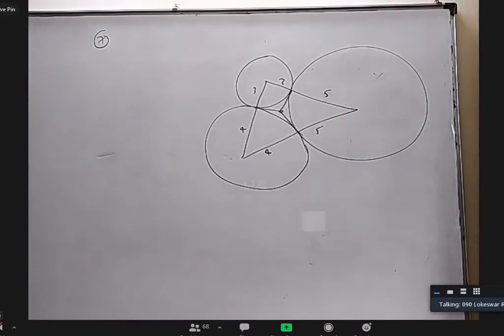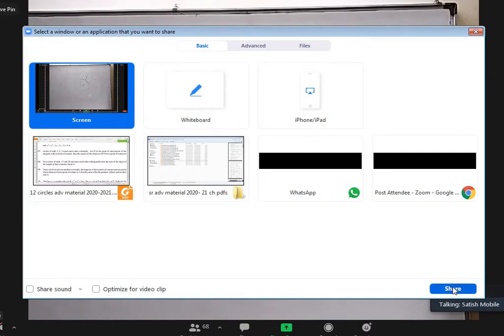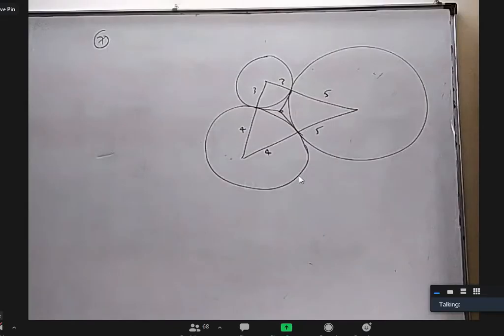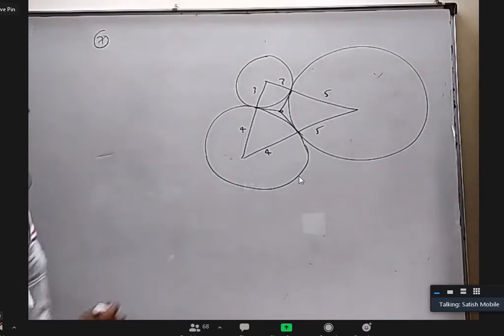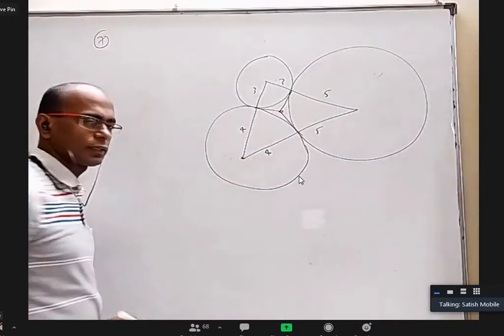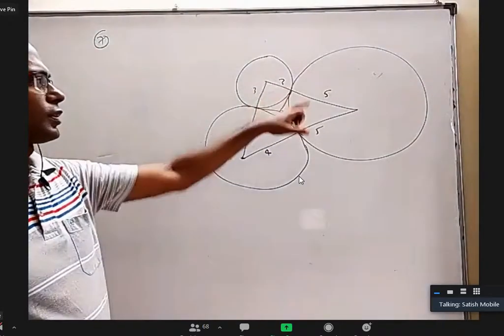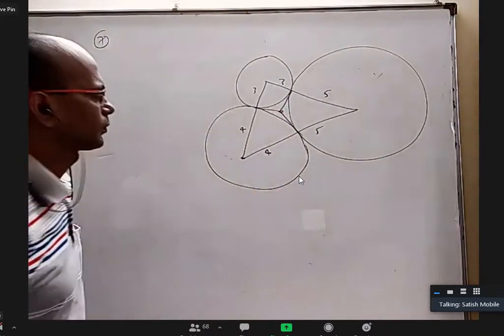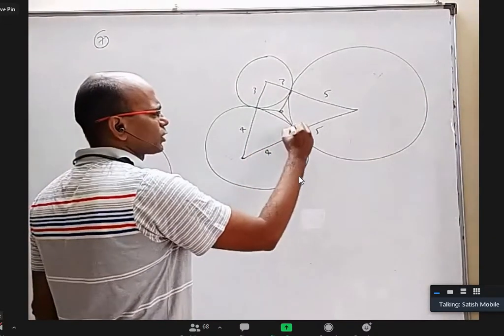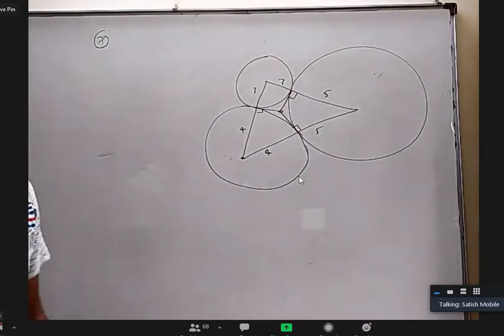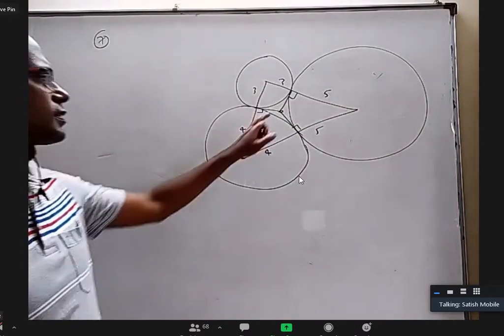Sir, we can find delta by S now. Yes, correct. It is actually the incenter. If you remember the radical center, we discussed 4 cases of how it can be incenter, circumcenter, orthocenter, something like that. There we discussed three circles touching externally. When you join the centers, that radical center will be the incenter. Why? All these three lengths are equal and these are all perpendicular distances, and it is also the point of concurrence of angular bisectors. We discussed that thoroughly. Either way, you can understand it is the incenter.